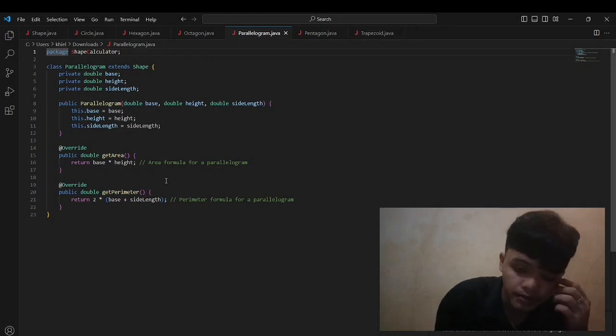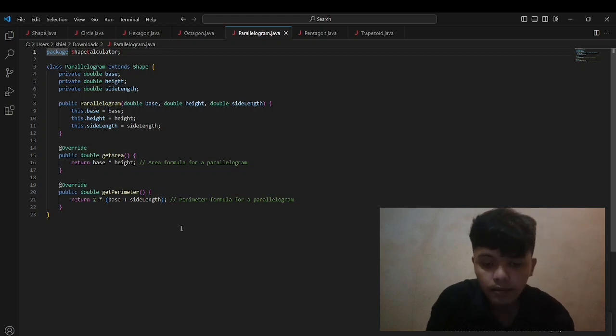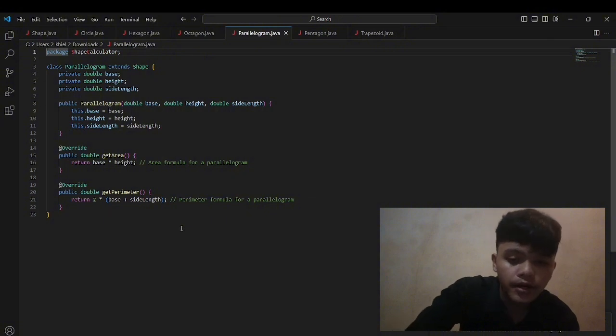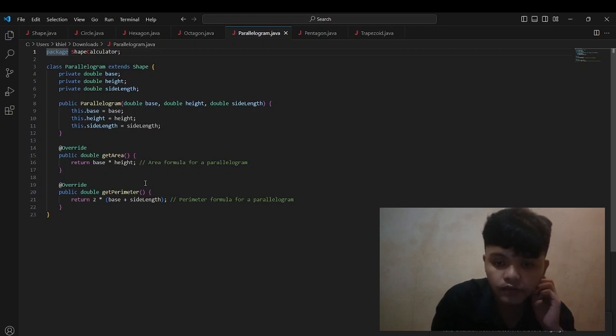Override the getPerimeter method to calculate the perimeter of the parallelogram. The formula for the perimeter of a parallelogram is return 2 times base plus side length.